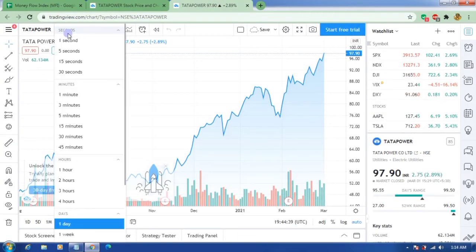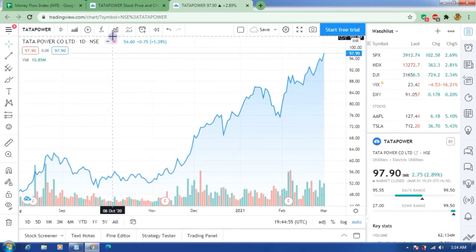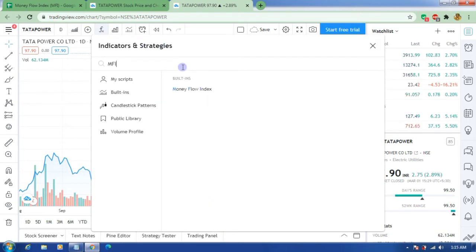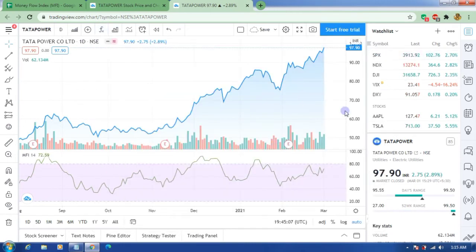I already set it to the day, so I'm looking at the day data. I want to add a money flow index. So click on indicators and strategies and look for MFI, that is money flow index. Select that, and at the bottom it will add the money flow index chart.